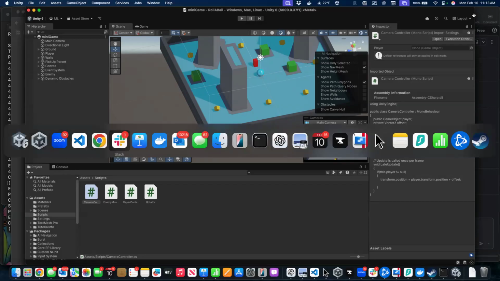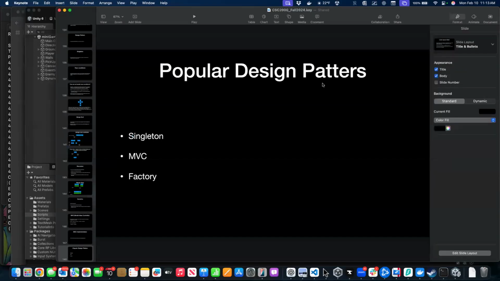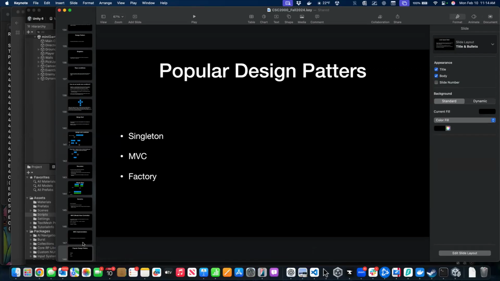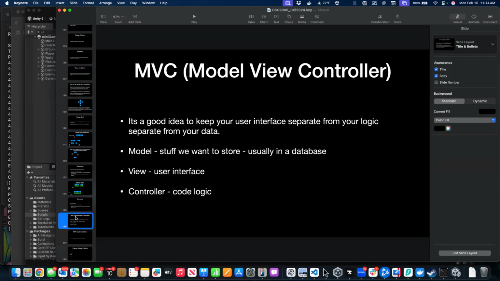If you remember, in class last time I reminded us about this idea of design patterns. We had already learned about the singleton design pattern, and I introduced this new one called MVC, Model View Controller. And whether you were aware of it or not, you used Model View Controller as you were going through the Unity tutorial. Model View Controller says it's a good idea to keep your user interface separate from your logic,